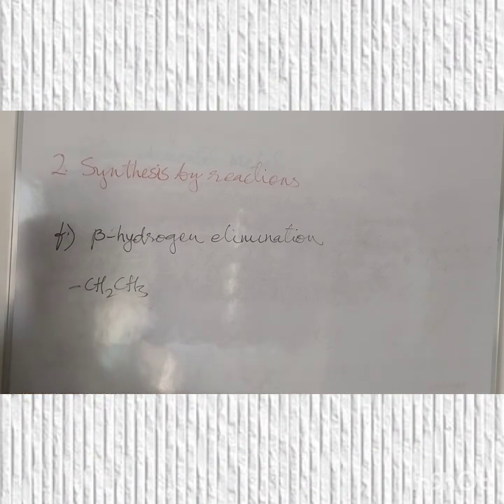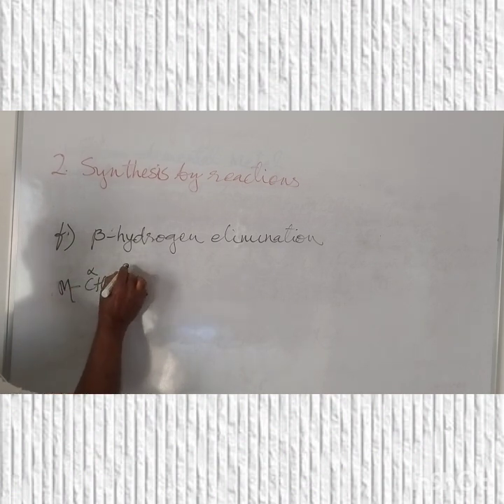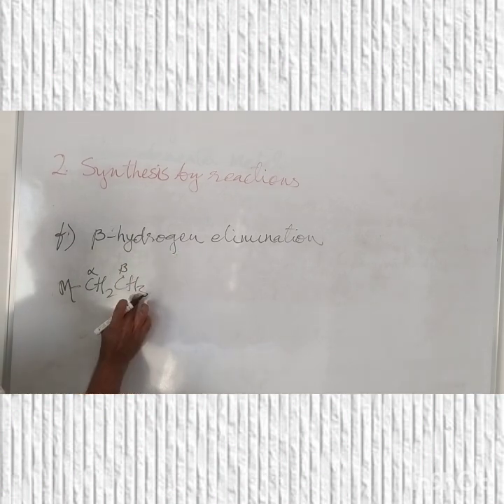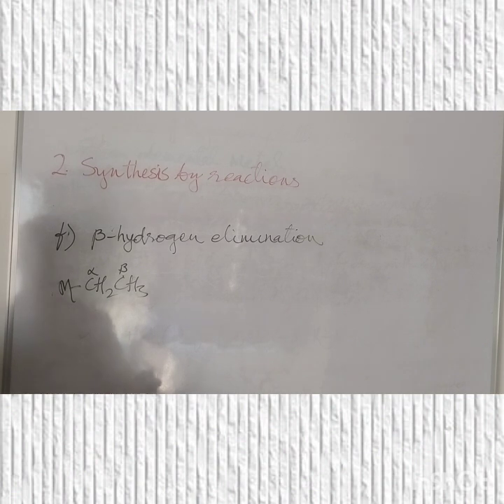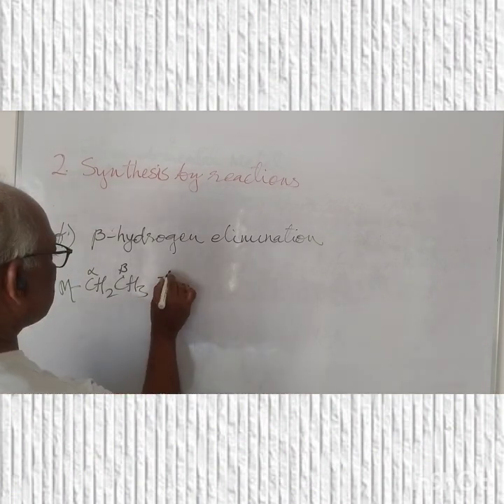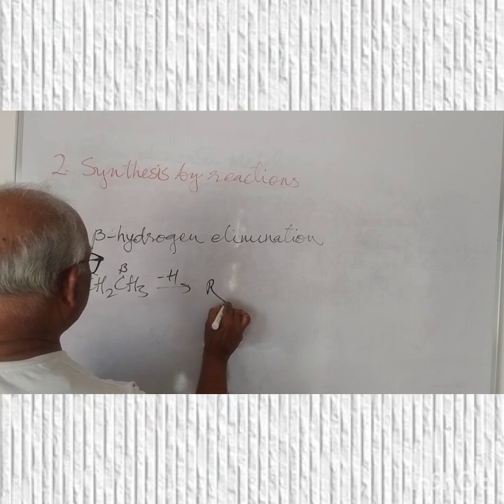So this is alpha carbon and this is beta carbon. So beta hydrogen means one of this hydrogen is eliminated. So after this, minus H, we get M